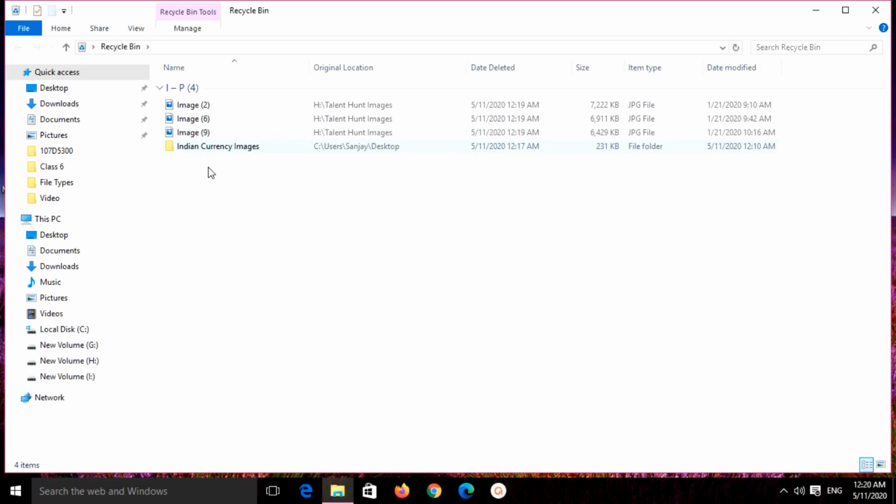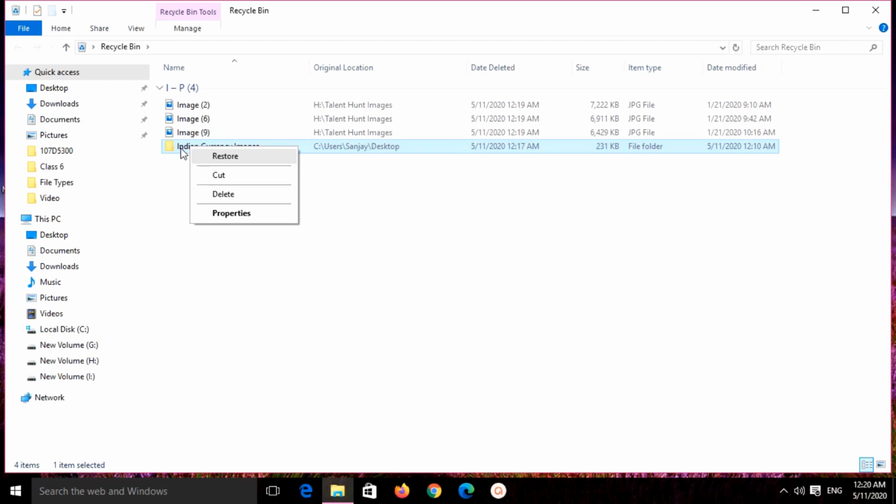What I will do? I will open the recycle bin, just select the folder Indian Currency Images, right click and here is an option called restore. When you click on restore, it will go back to that position only from where it was deleted. Now if you remember, this folder was deleted from the desktop screen.